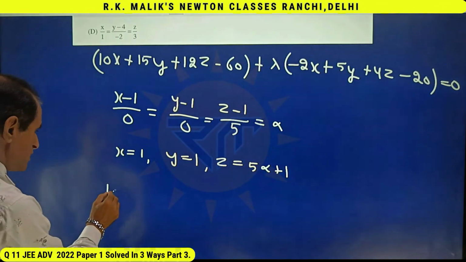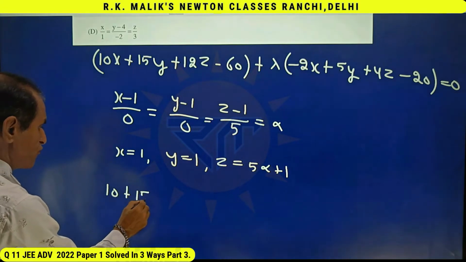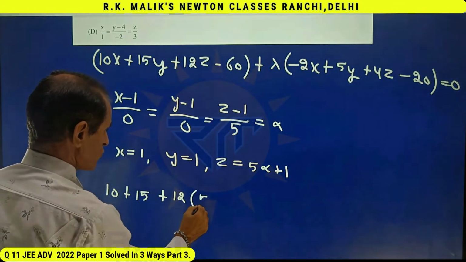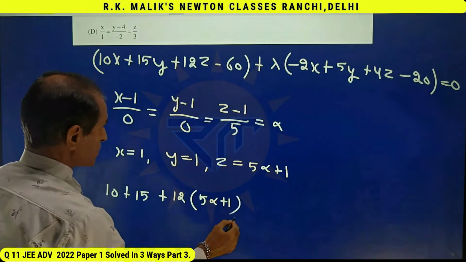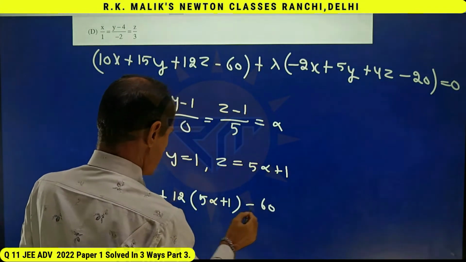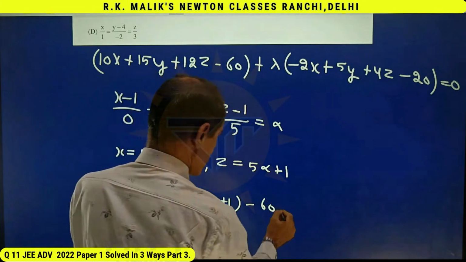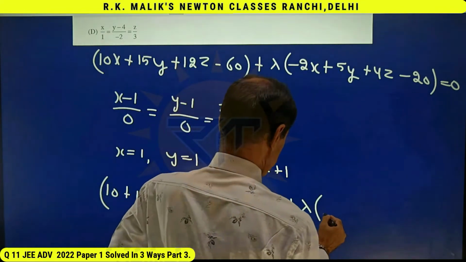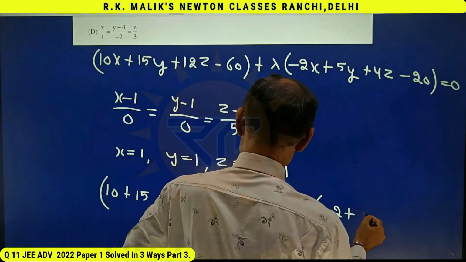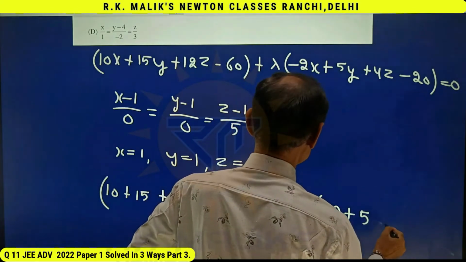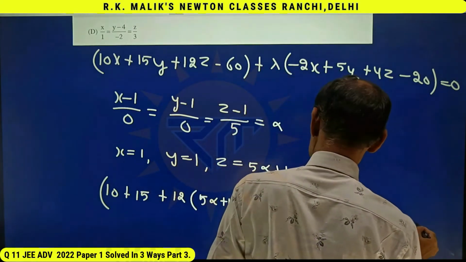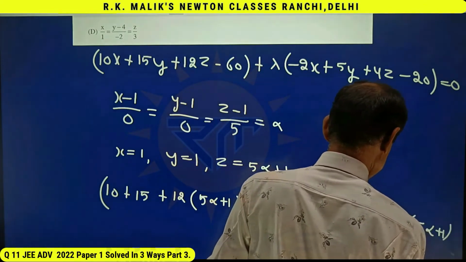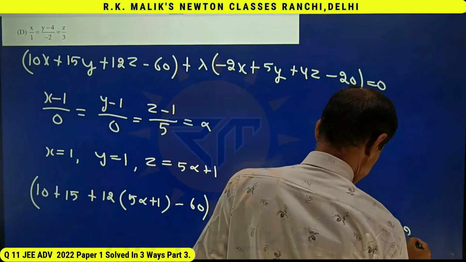I get 10 plus 15 plus 12 into 5 alpha plus 1 minus 60 plus lambda into minus 2 plus 5 plus 4 into 5 alpha plus 1 minus 20